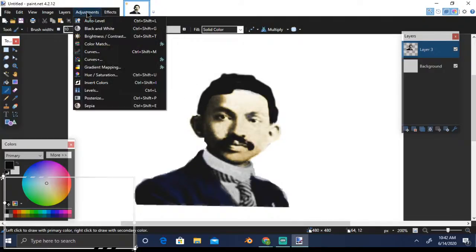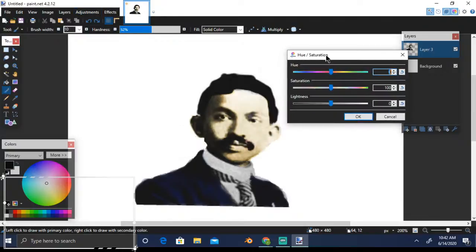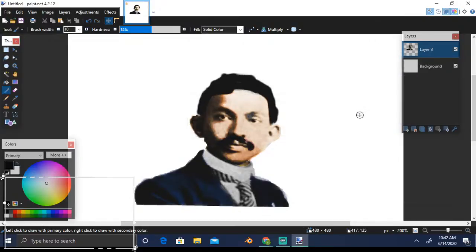No. Let's go to hue and saturation and see if this will make it better. All right, so here it is giving us some control over the colors, so saturation. You have to play with these sliders, right? I think this is giving more of a skin color. Let's see the darkness, lightness. Okay, so here it looks a bit colorized, not the perfect thing. So this was one way of doing it, by using the layer.